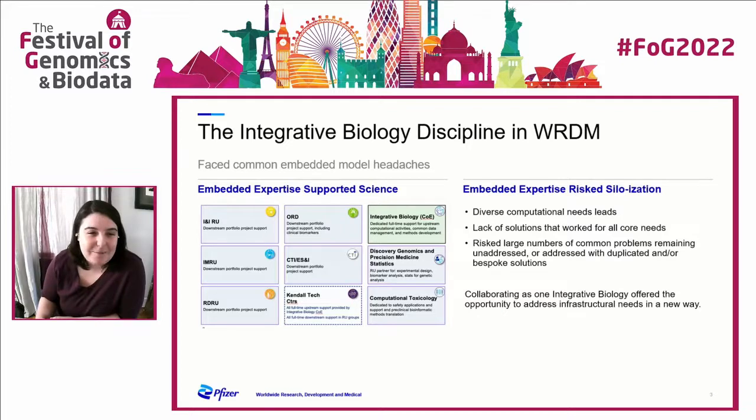The needs stemming from embedded teams are diverse, but each of the teams face common headaches. However, because the teams are based in different locations, working on different topics, these common headaches can sometimes be solved using different approaches. This is a core challenge of embedded data science and bioinformatic groups. The deep collaboration that embedding groups supports with diverse non-bioinformatics scientists is wonderful, but it risks siloization between bioinformatic and